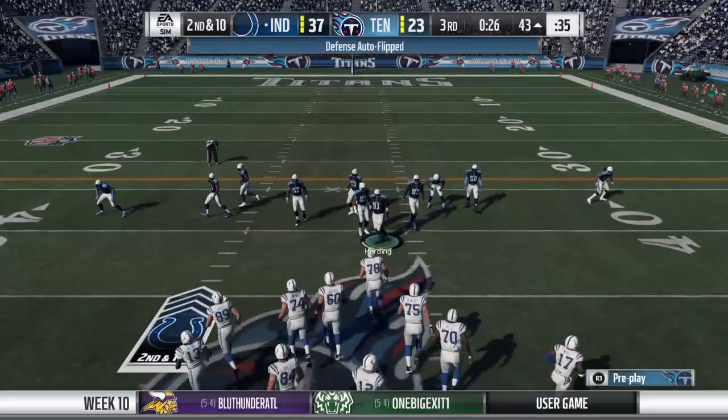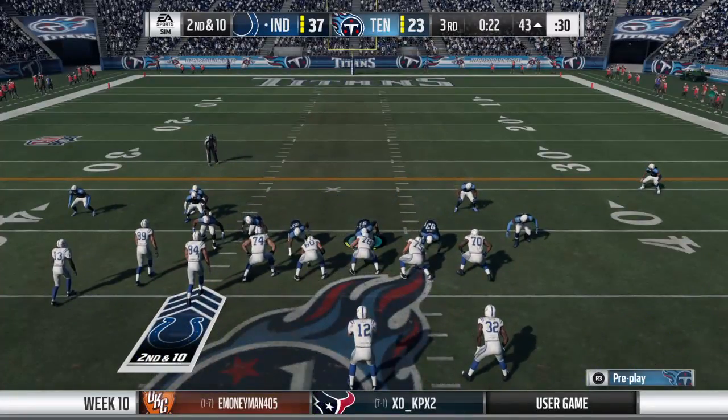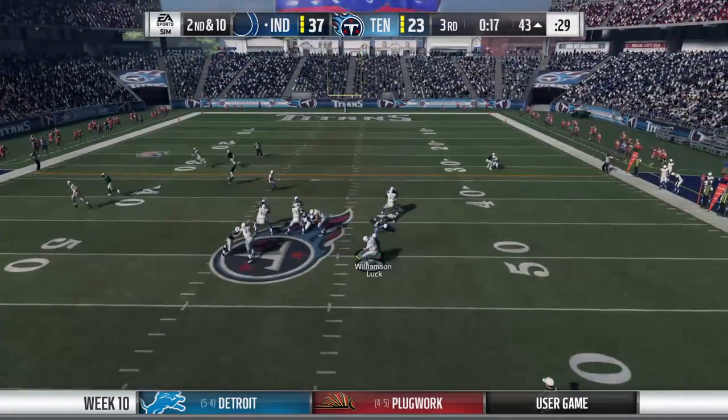No gain on the play. It'll be 2nd down. And that's one of the few times they've been able to contain him. He's had a heck of a game, and maybe he's getting a little bit tired from how many times he's carried the ball. But I always think back to what all those old...